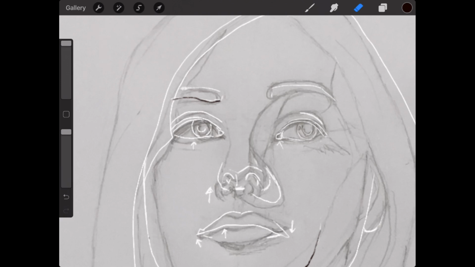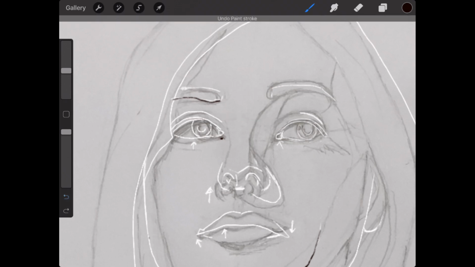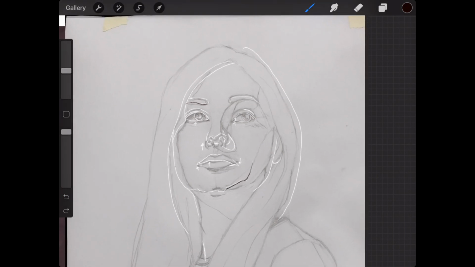Yours is kind of coming to a point right here, and I have it right there. It's not a big difference. But that's going to get the correct tilt between the features that you have established in some of the other parts of the face.